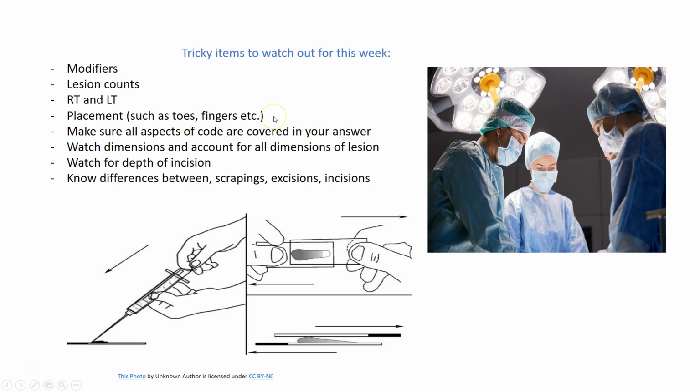Also, be careful about placement. So if we're removing a lesion or a tumor, or we're doing some skin shavings on a particular part of the body, for instance, fingers, toes, arms, legs, knees, we want to be very specific. Now, when we get into hands and feet especially, there are, on some occasions, codes for the joint or which finger. So when you're looking at, do I assign right or left, or do I assign the finger,